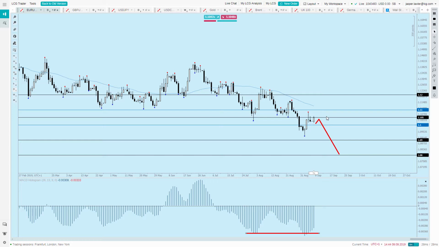A reason for the euro to get a little bit more positive in the short term is that there are stronger and stronger voices for German fiscal stimulus, so some spending in Germany, potentially breaking their rule of a balanced budget. Before they were saying it would only happen in an economic emergency. Now maybe they've been talking about a shadow budget where they could draw up a budget just in case it's needed to do a bit more spending. So it seems like that would be a positive for the euro,